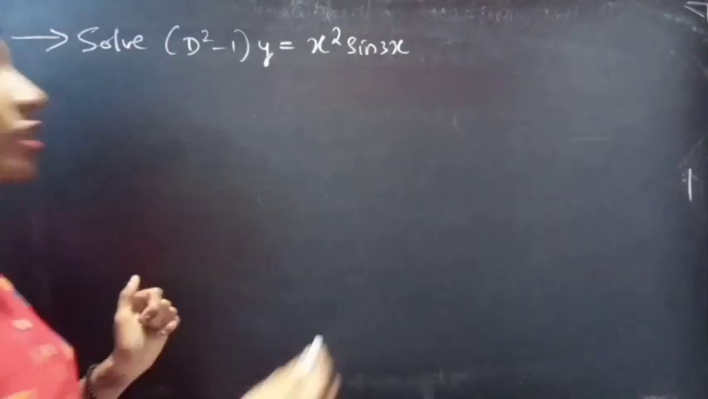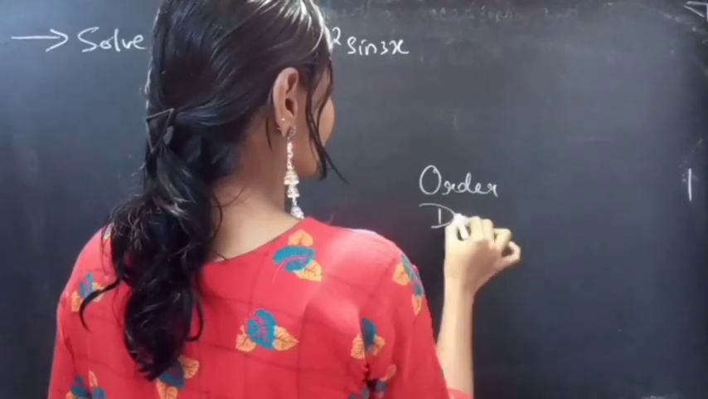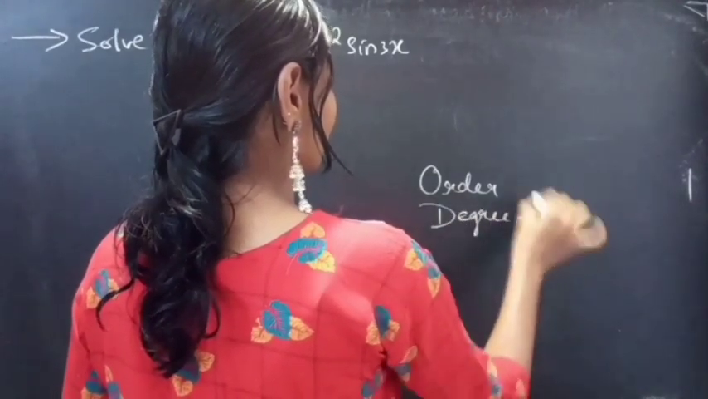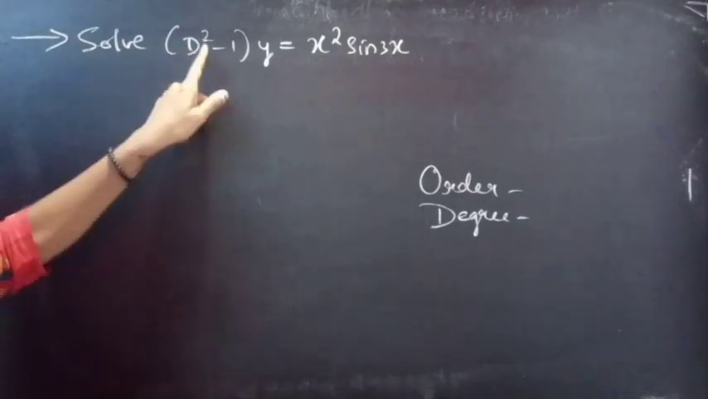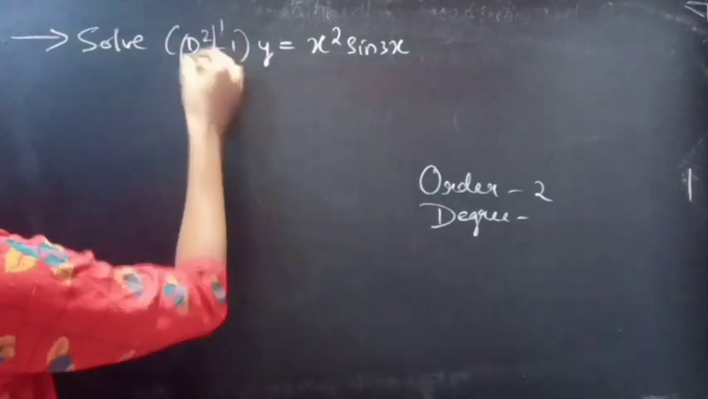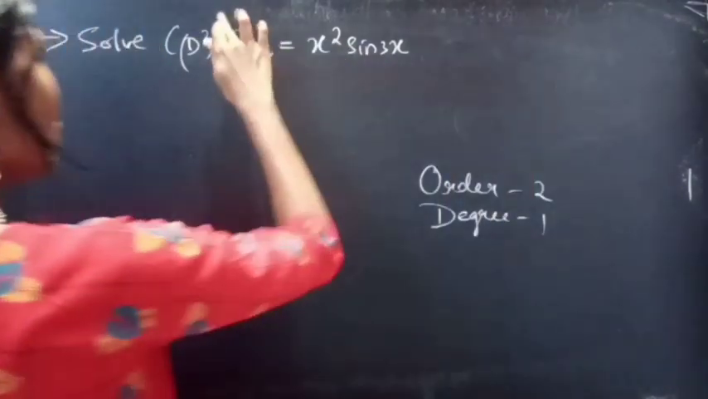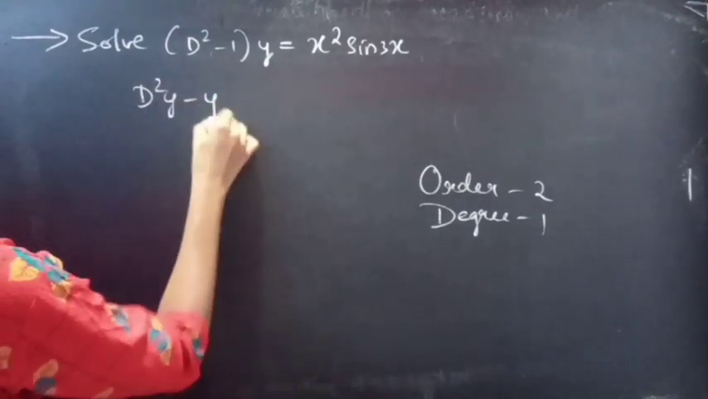Firstly, let's find the order and degree of the given differential equation. Identify the highest derivative here. D square is the highest derivative, so the order will be 2. And the highest power of the highest derivative is the degree. Degree is 1. Or let's write the given differential equation as (D square minus 1) y equals